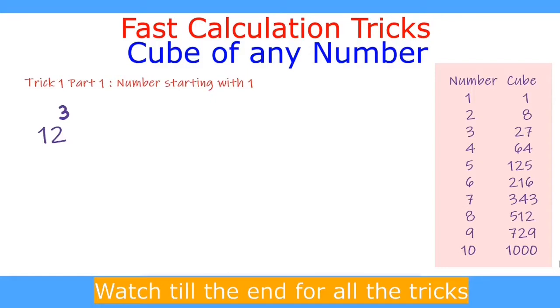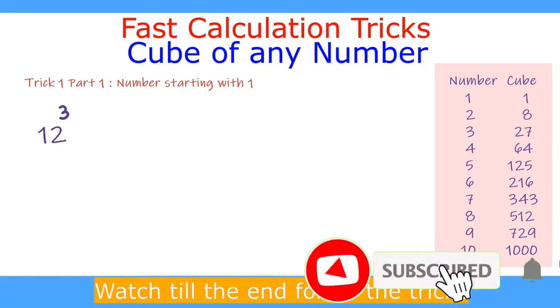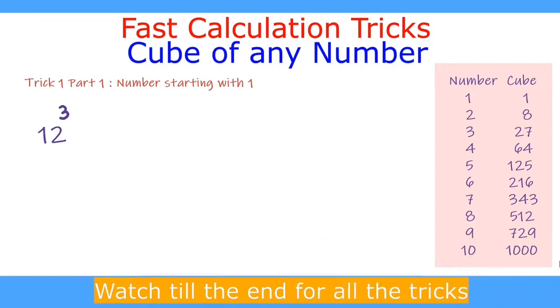And in the fourth part, we will be learning finding the cube of numbers in which both the digits are different, like 23, 47, 54, 68, 85, all such type of numbers in which both the digits are different. And this is basically the universal method by which you can find the cube of any number.